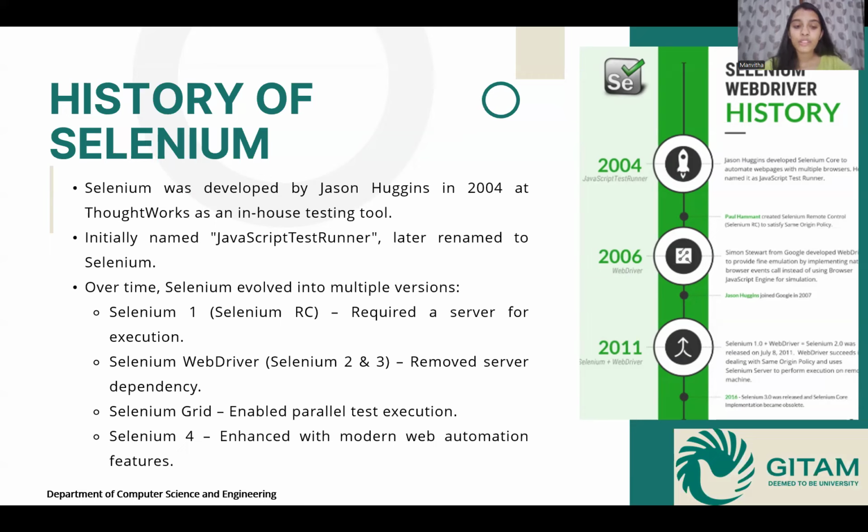So over time, Selenium evolved into multiple versions. Let's talk about Selenium 1, Selenium Remote Control (RC), the first version that required a server to communicate with web browsers. Selenium WebDriver introduced the WebDriver API, which allowed direct communication with web browsers, making automation more efficient. Selenium 3 improved browser compatibility and scalability. Selenium 4, the latest version, has enhanced features, better debugging, and support for modern technologies. This evolution has made Selenium faster, more powerful, and more efficient over the years. From a simple automation tool, Selenium has now become an industry standard for testing web applications.